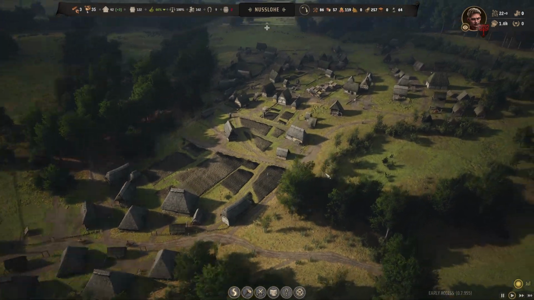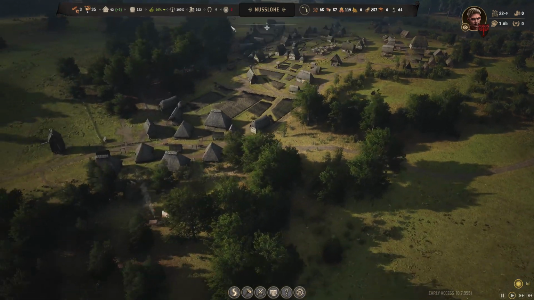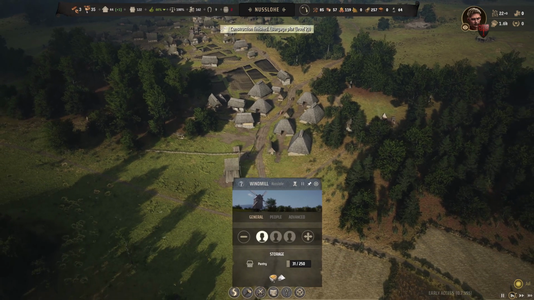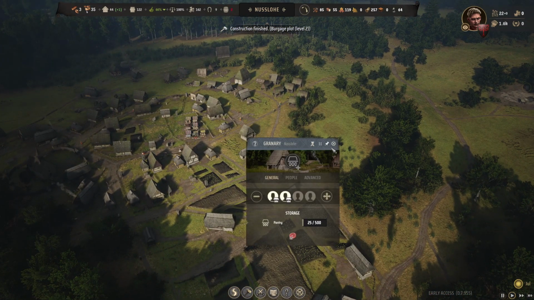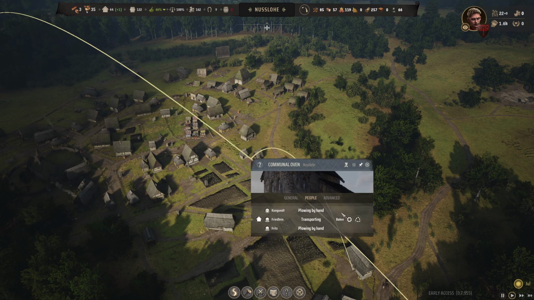I did notice when I signed in, I can't remember whether in the last episode I had a bunch of food, but here we are as well, and thank you so much for joining me. We are milling up all of the grain, as you can see, into flour. I need more people in the granary to transfer over. I've turned on the communal oven, so we should start to see